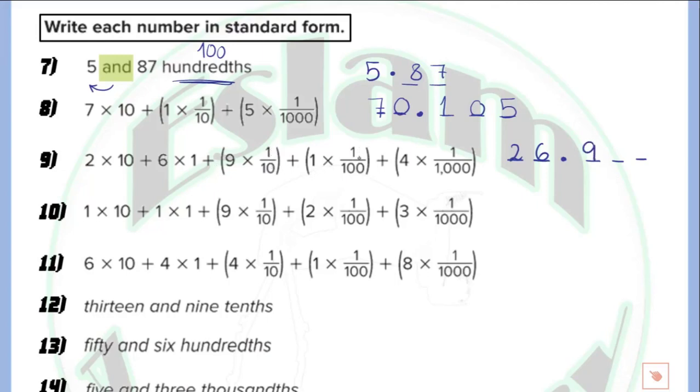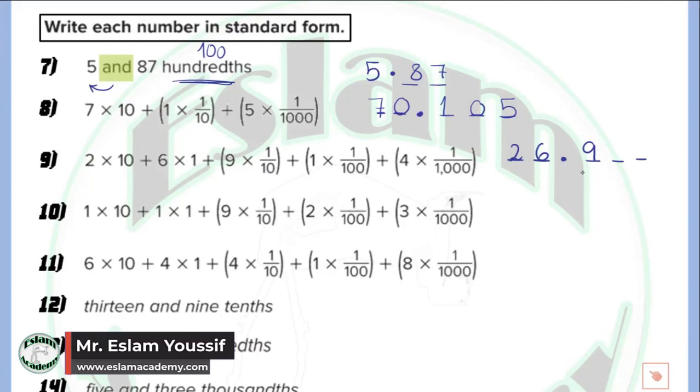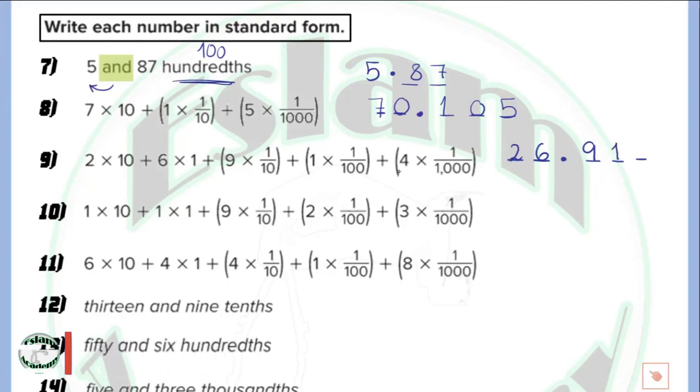1 is multiplied by 1 over 100. It means 1 now will be written at the 100th place. So after the decimal point, we have 10th, then 100. Just write 1. 4 written at the 1000th place. So I will start from the decimal point, the first digit which is 10th, 100, 1000. 1000 now will be equals 4. So the number now will be equals